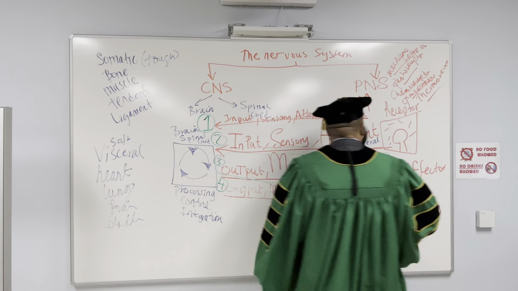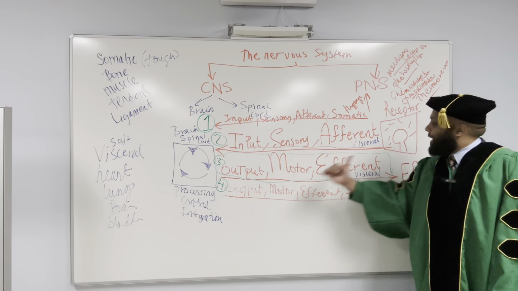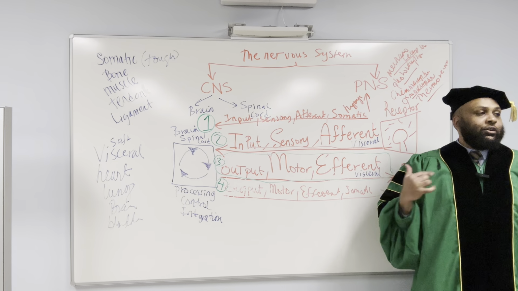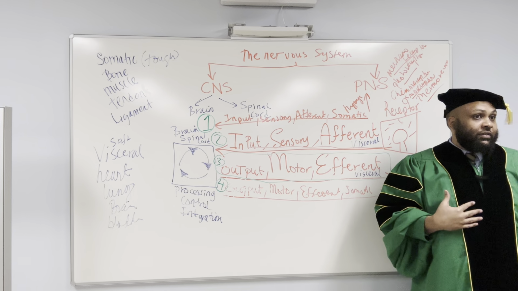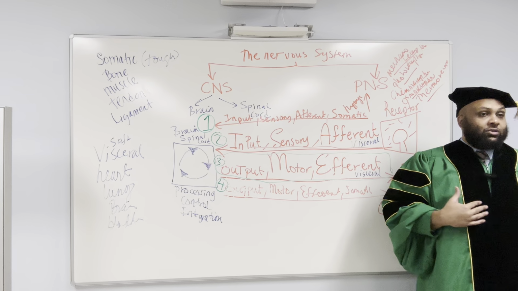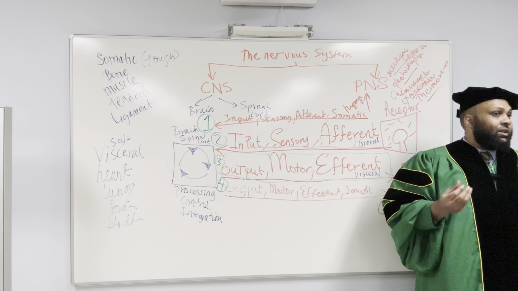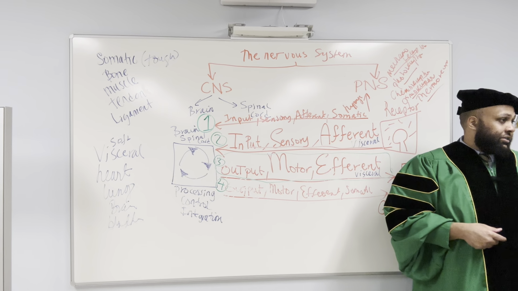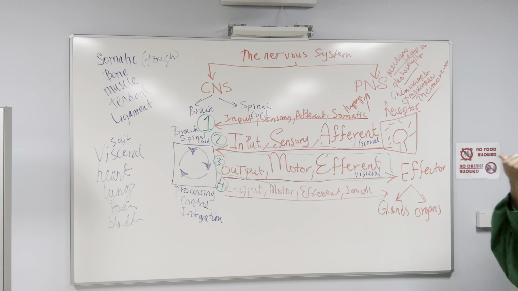What is your autonomic nervous system? It is the system that is sending out an output that is motor through efferent neurons to viscera. And you can tell your autonomic nervous system controls your heart. Your autonomic nervous system controls your breathing. Heart is soft tissue, viscera. Lung is soft tissue, viscera. So that's an example of the autonomic nervous system. This is very, very, very important. Is that clear? Anybody have any question?